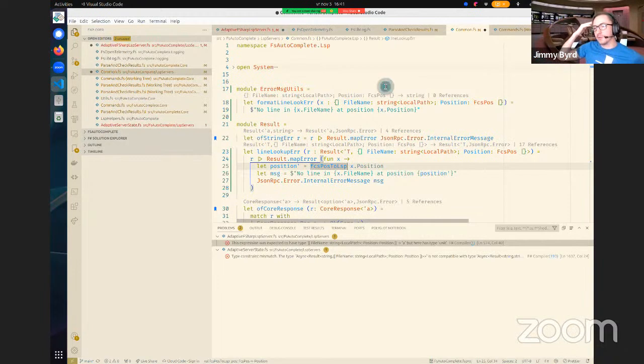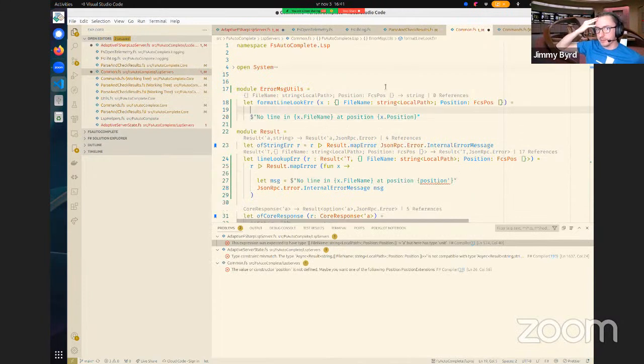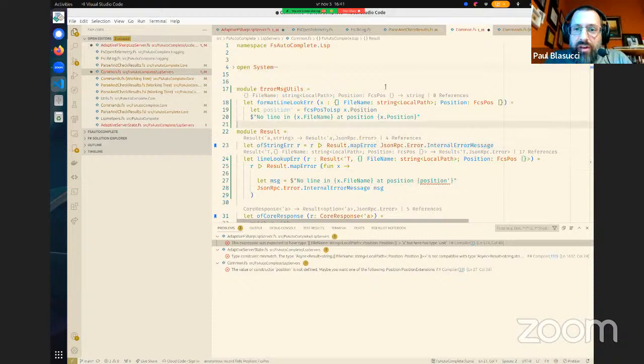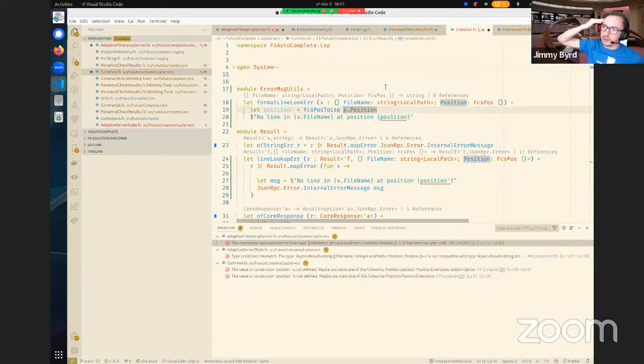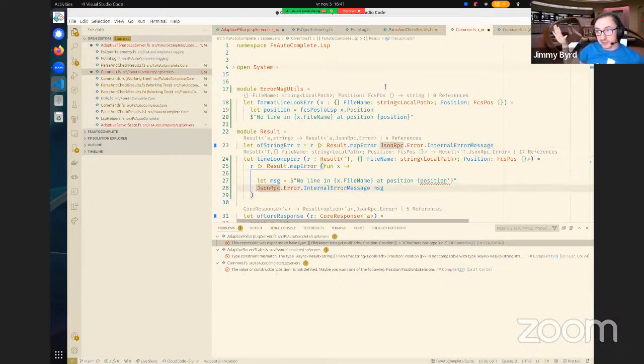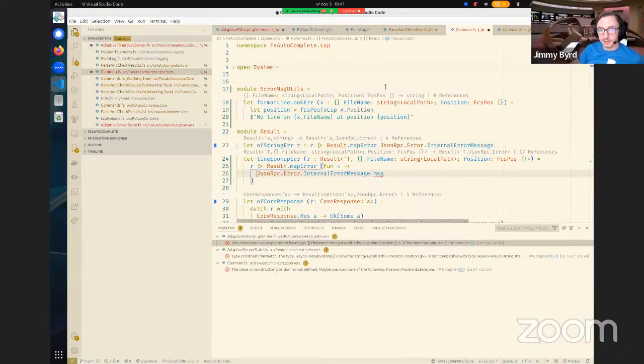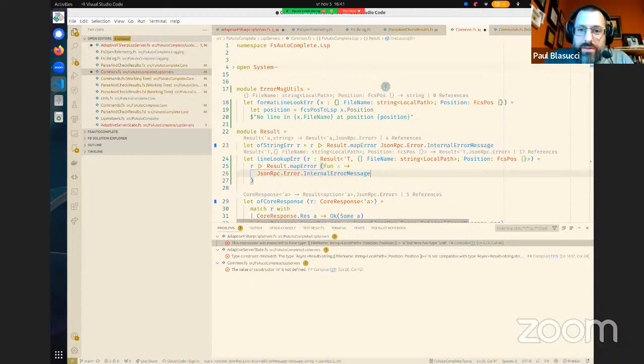I think normalizing everything to the LSP's version of what a position is is perfectly fine. That does strike me as reasonable enough, because if you already have the understanding of these domain concepts, as long as it's consistent, I think that's the key there. Yes. And I think this guy can just be this, right? I can just do